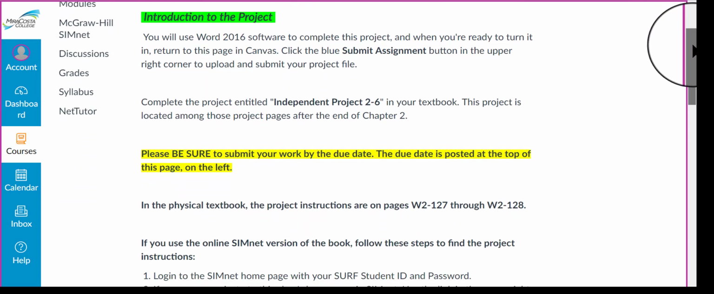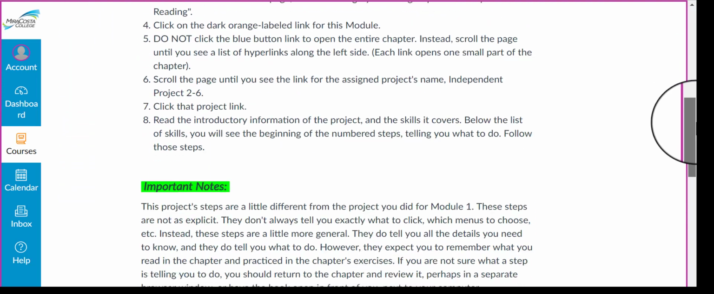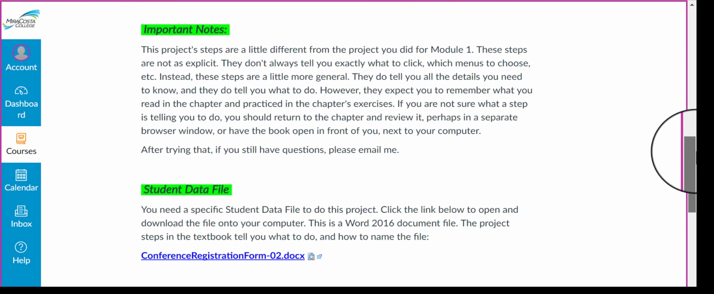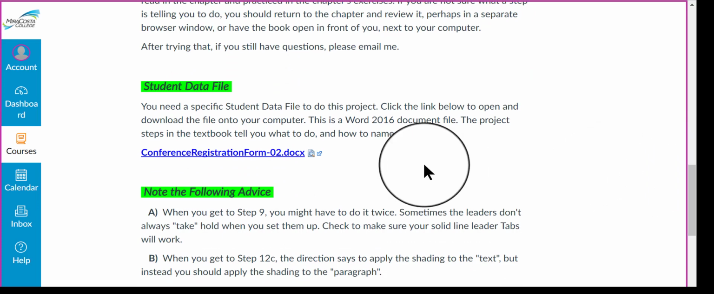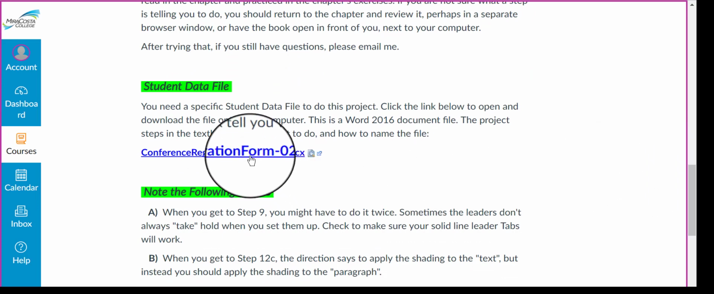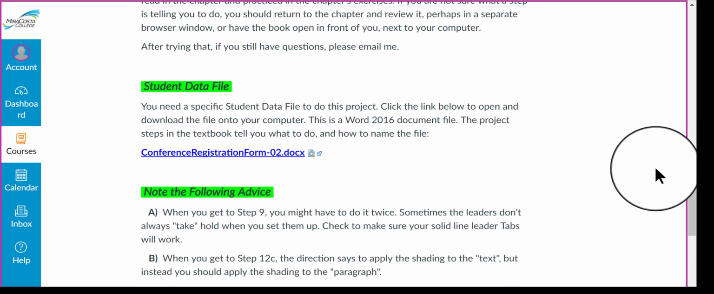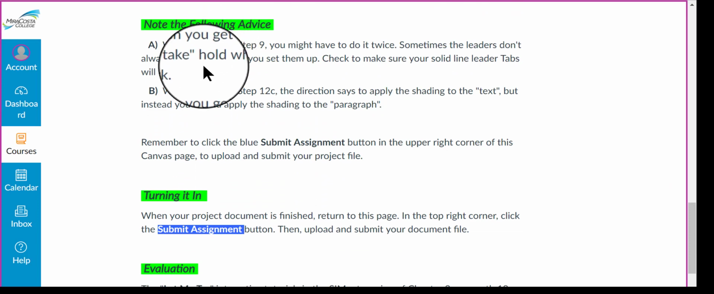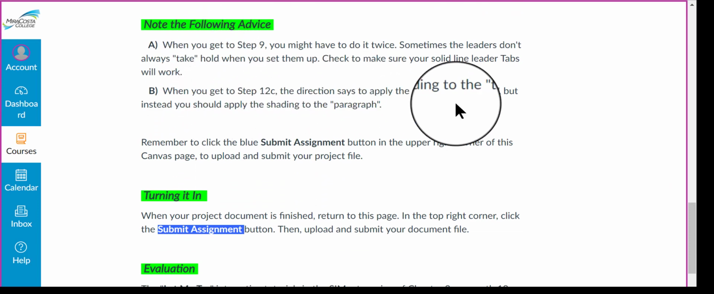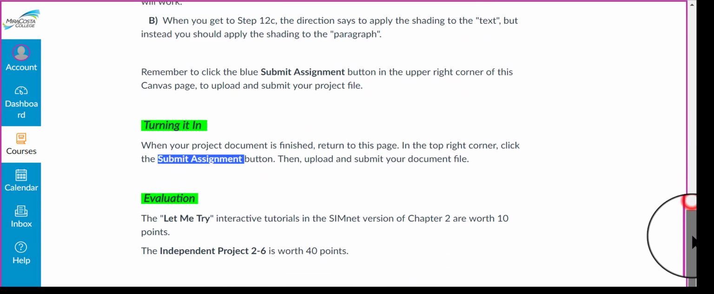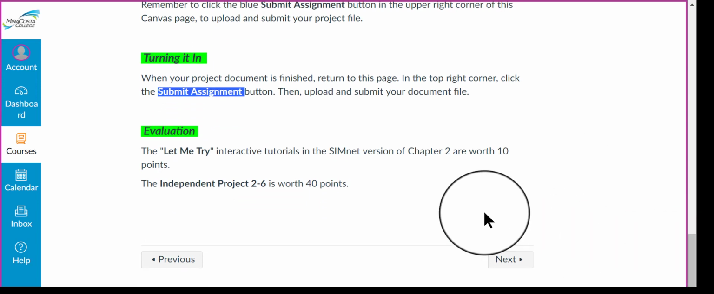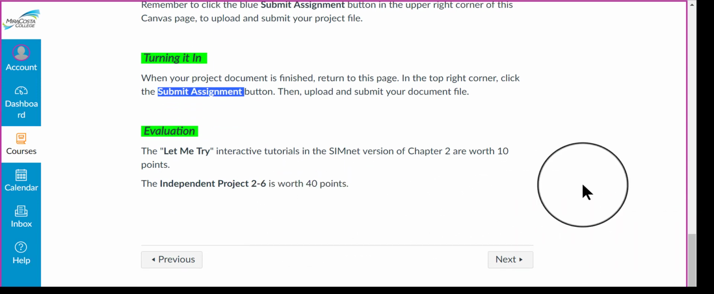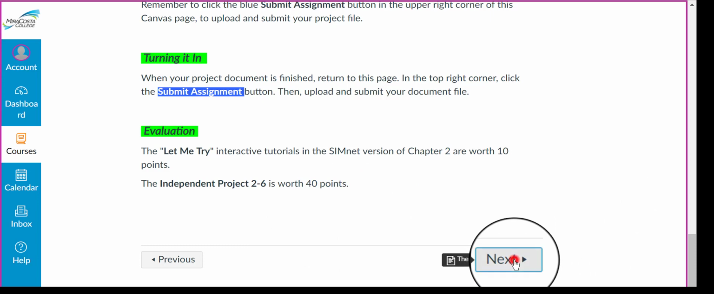But before that, please go ahead and read through all these directions and information. There are some important notes to look at. There is one student data file. This is the file you need to download to your computer and start working on. That is the beginning of the project. There is some additional advice here that you need to follow. Please be sure to read through everything. At the bottom, it tells you how you're going to be evaluated in this module. I'm going to click Next,